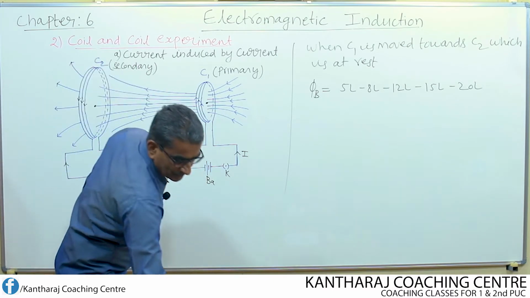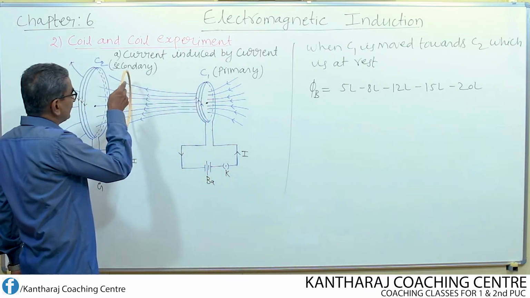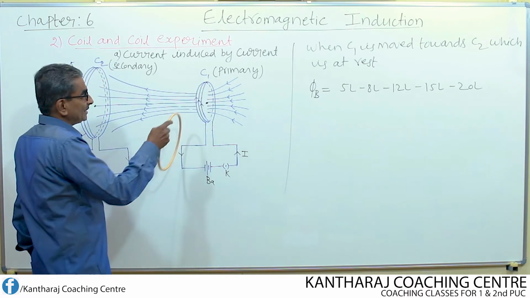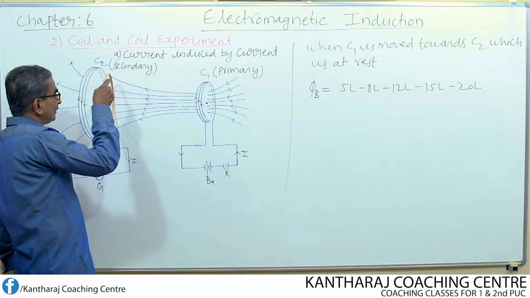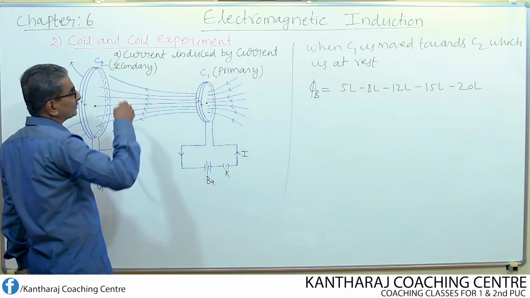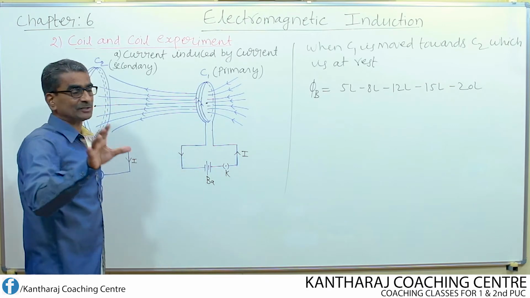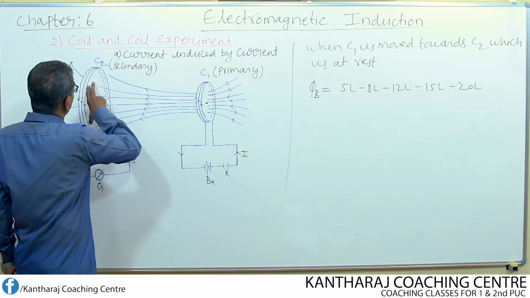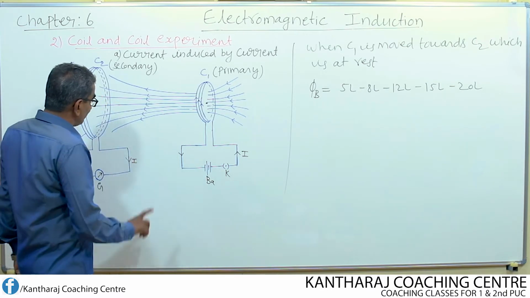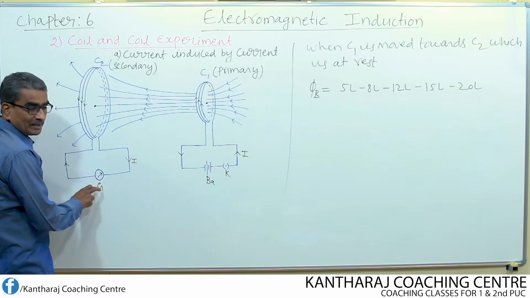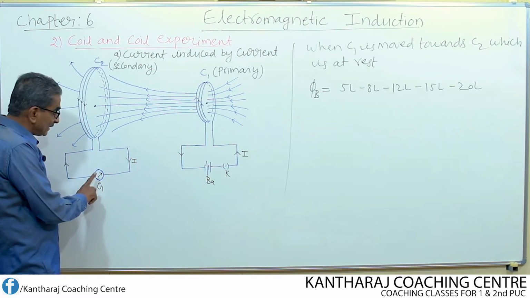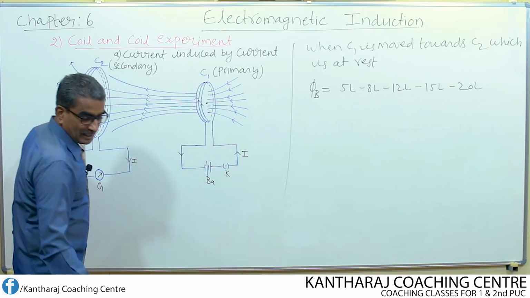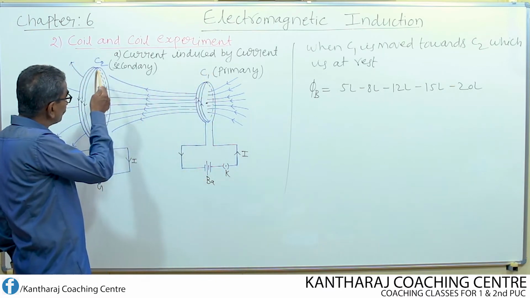Now, what happens if the coil C1 which was brought up to this position is withdrawn away from C2? That means the C1 which is brought up to here is now slowly withdrawn away from C2. Once again, the magnetic flux linking with C2 changes, inducing an EMF again in the coil. But in the first case, you can notice the pointer in the galvanometer shows a momentary, that is temporary, deflection. This deflection appears as long as you move C1 towards C2.